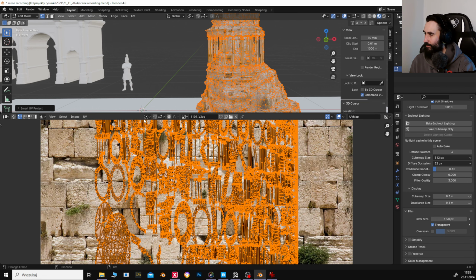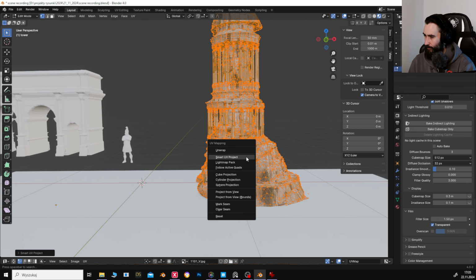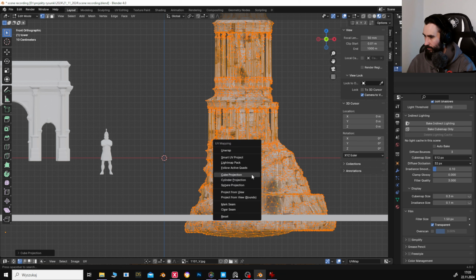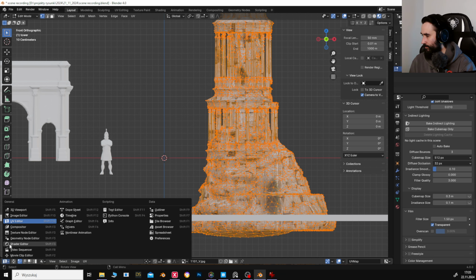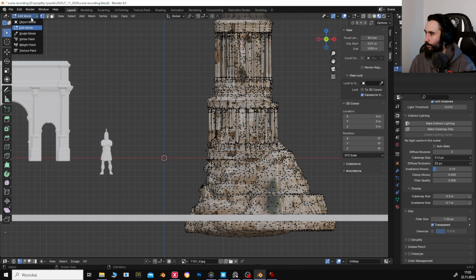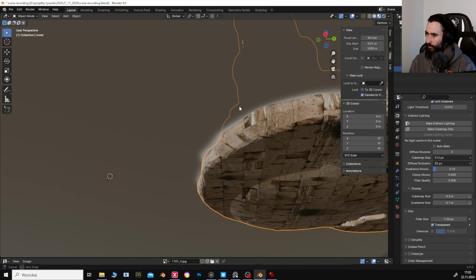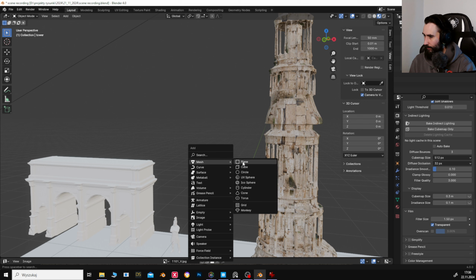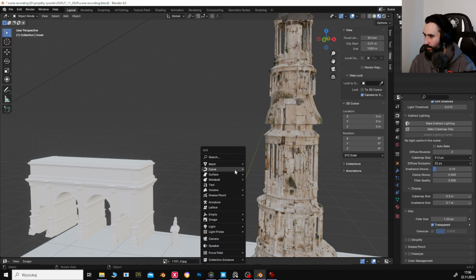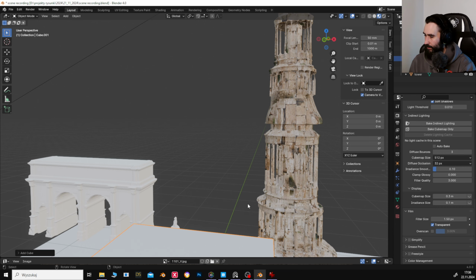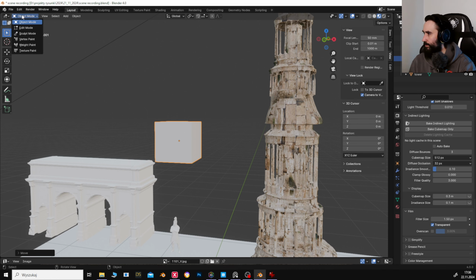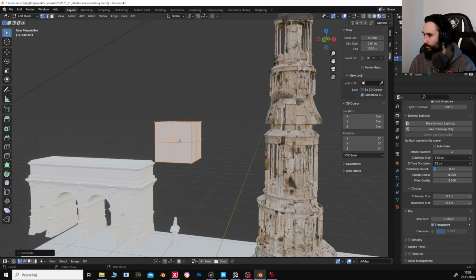Okay, we have this Smart UV, and then Cube Projection. Wait, we want to be in front. Cube Projection, and so it should be projected like so. I hope, or it's not working. But let's see. Mesh, something like. Maybe this is not the best time to show you this, but I will show you. Okay, so subdivide, subdivide, subdivide. Okay, let's imagine this is